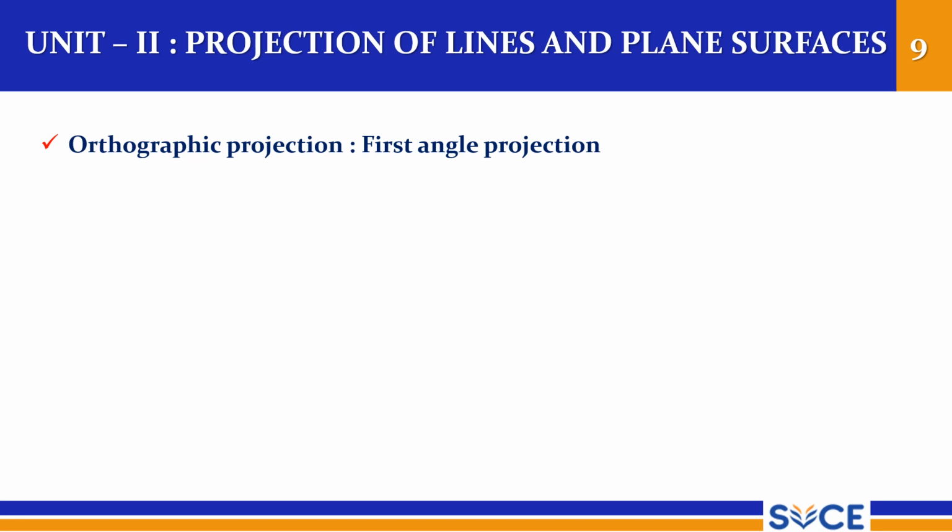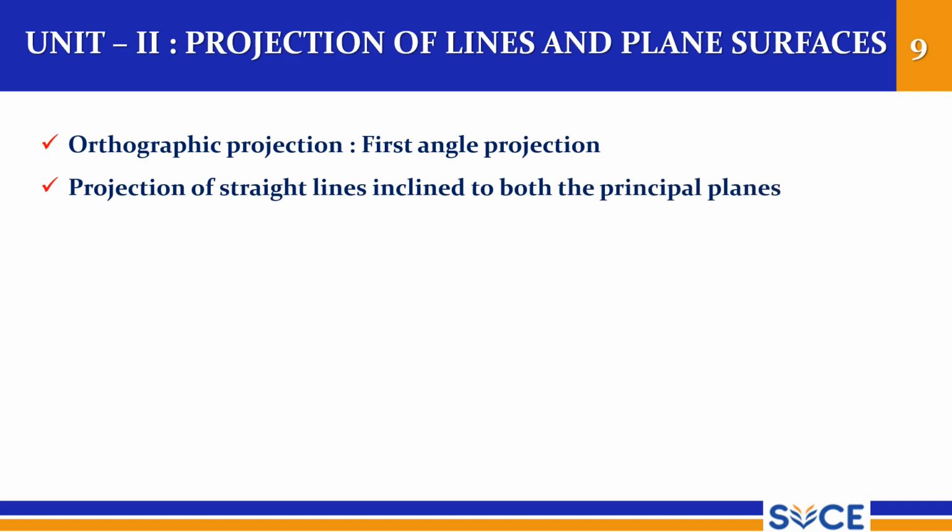So these are the contents of unit number 2: orthographic projection, first angle projection. Already we have seen what is first angle projection, what is meant by orthographic projection and its importance, and why first angle projection is used in engineering drawing. All those things we have seen in the earlier unit. Now we will straight away start the projections of straight lines